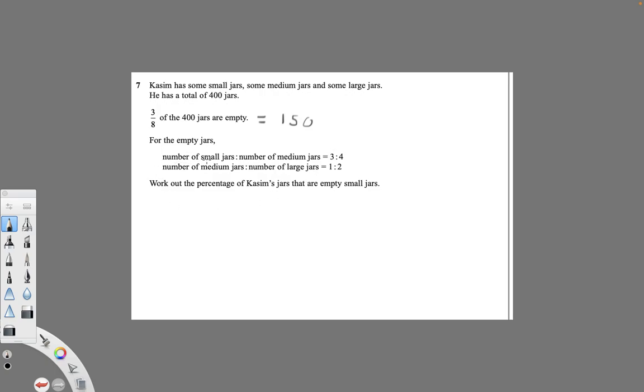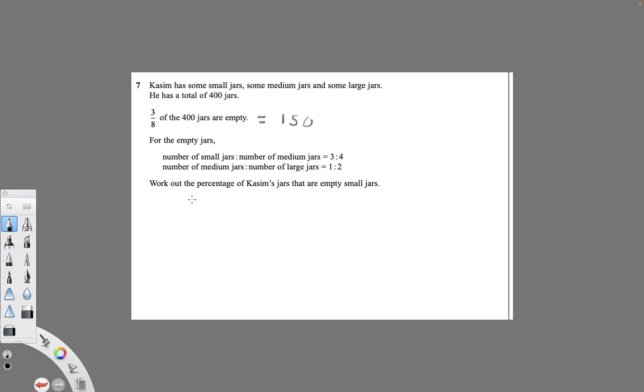For the empty jars, the number of small jars to the number of medium jars is 3 to 4, and then the number of medium jars to the number of large jars is 1 to 2. Work out a percentage of Kasim's jars that are empty small jars. Okay, so